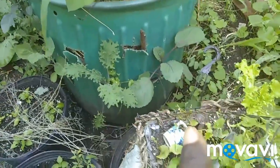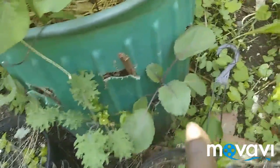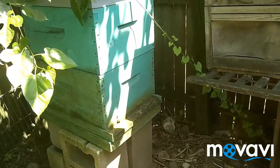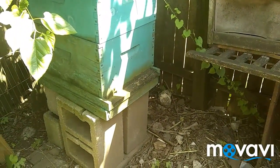So this is a cabbage plant, and that's a cabbage plant. Kale, red Russian. But I don't see any signs of the potatoes yet. I planted potatoes in here. Those are the ones that were dormant. Haven't done anything yet. Anyway, I have a surprise to show you. Hold on a second. Here's the surprise. Let's see if we can get...